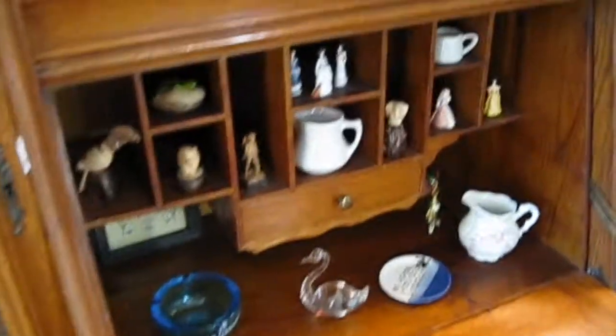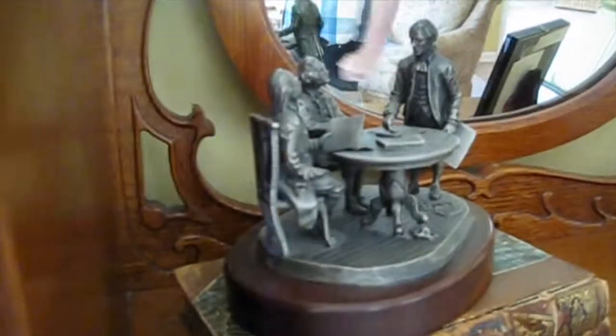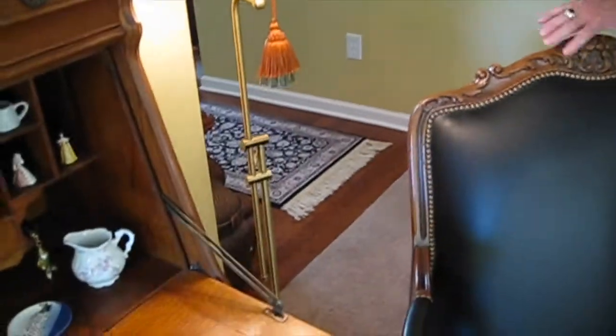We'll scan over here just a little bit further. You see one more, the last of the 6 pewter bookends there, all very unique, all very special. And we will wrap it up with a couple more little items. We've got this chair here, this leather